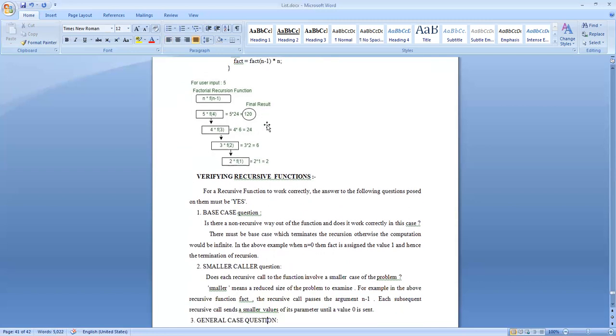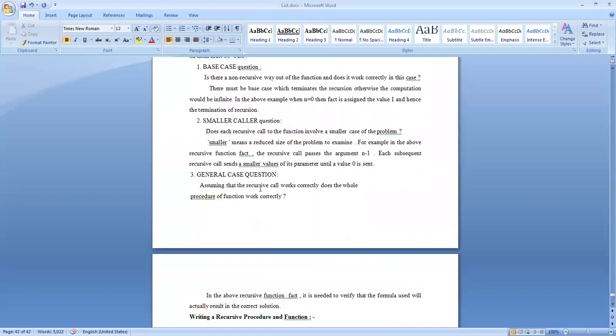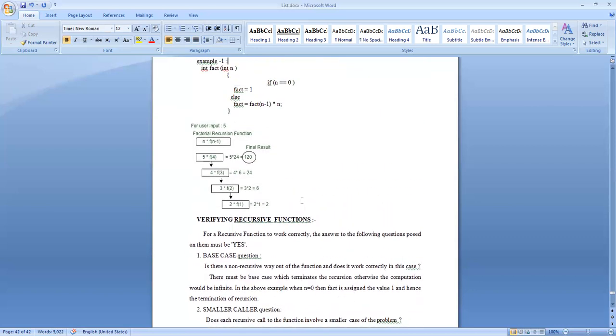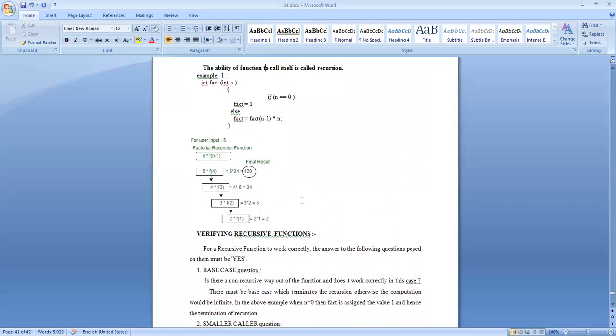Then the general case. So assuming that the recursive call works correctly, does the whole procedure or function work correctly? That is, there is a termination condition involved, and each recursive call involves a smaller case of the problem. In addition to that, are there any errors like syntax errors, data type mismatch, stack overflow, array overflow, array index out of bound?